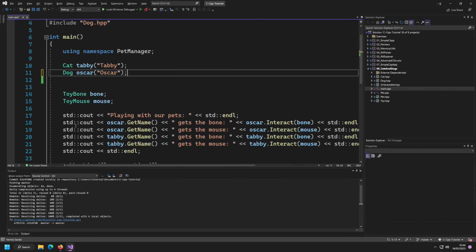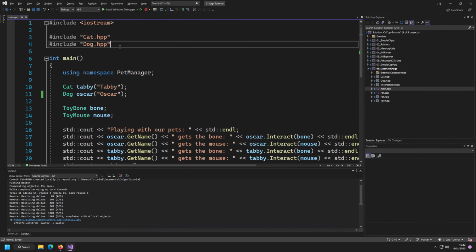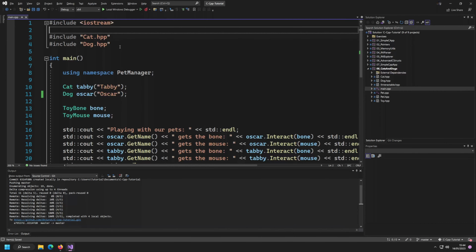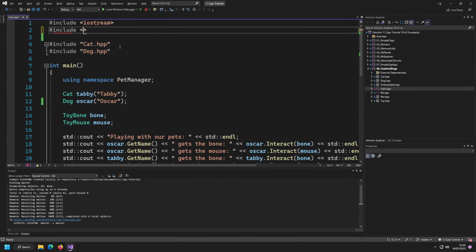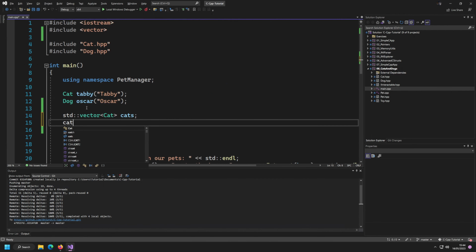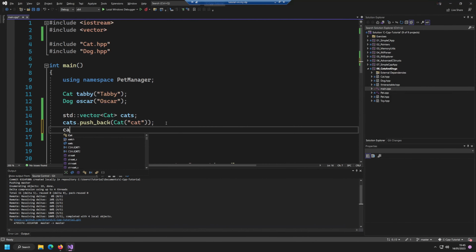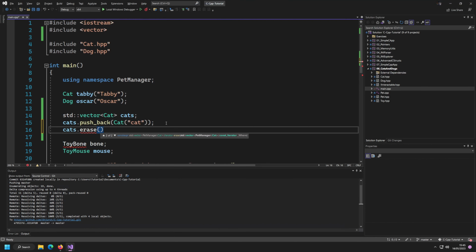So what we really want to do is manage cats in some certain data structure. By default, the standard library already provides data structures which we could use. For example, what the standard library provides is a so-called vector, a std vector. You could create a std vector of cats, call this one cats, and then you could go in here and push back. It's called push_back, like pushing back a cat. Of course it's a cat and not a dog, but you could push them in. You can also erase them by saying erase, and what you would then want to erase here,